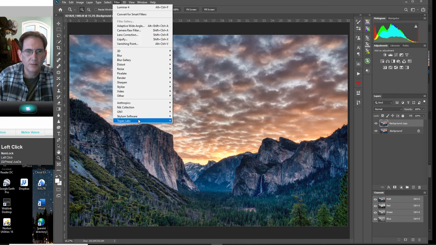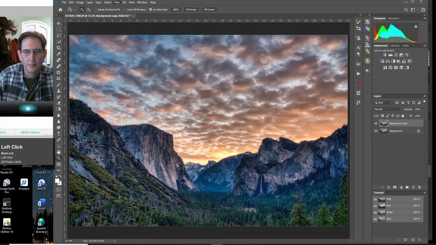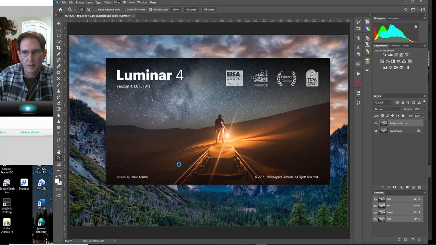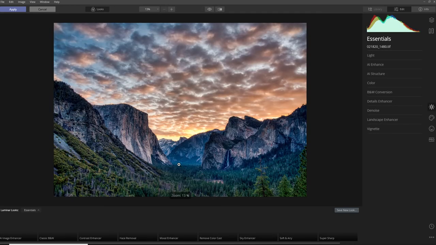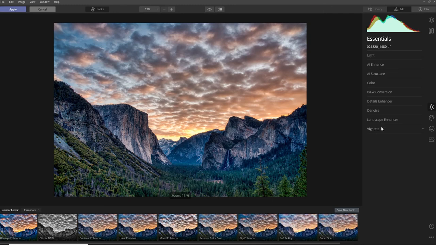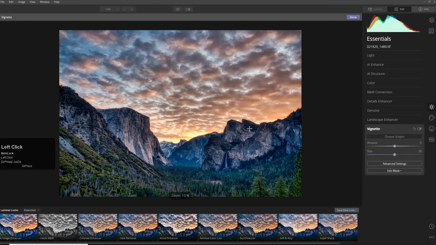Now I'm going to go Filter, Skylum, Luminar. And now I think the vignette might be the most important part to really drawing my eye where I want it to go. And here we go. I'm going to choose my subject, which to me is right here. That's right where I want the eye to go. And the way they do vignette is that way for a lighter vignette, this way for a darker. So I'm going to darken it, hitting my advanced settings,